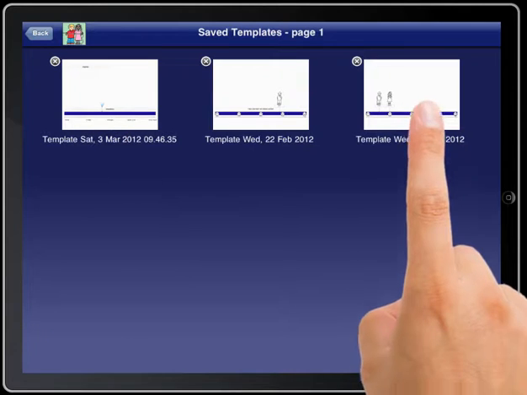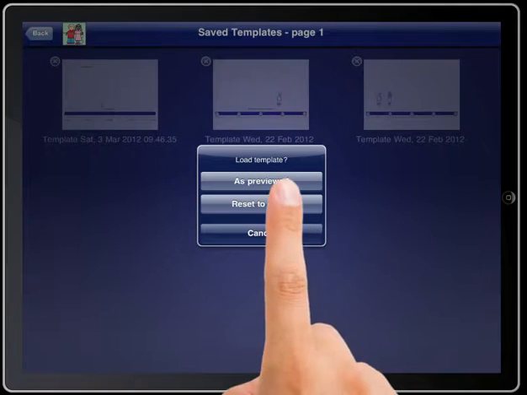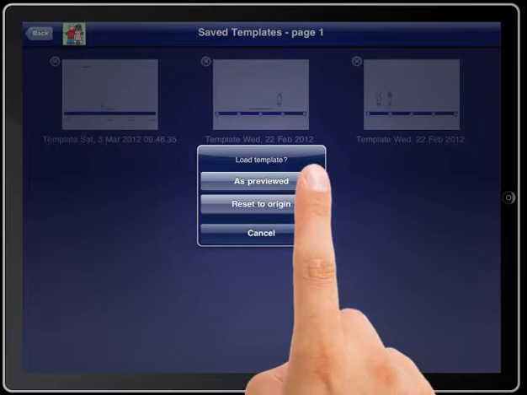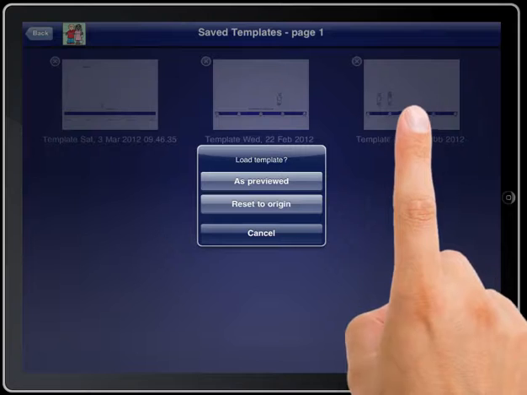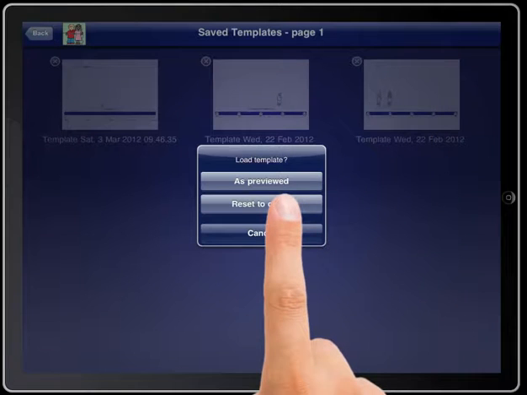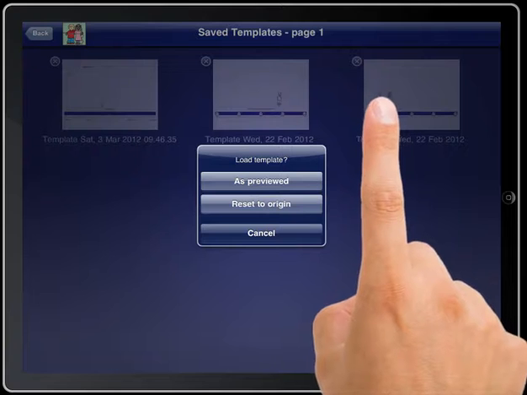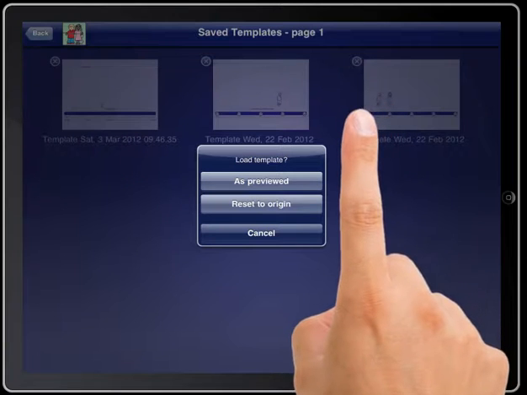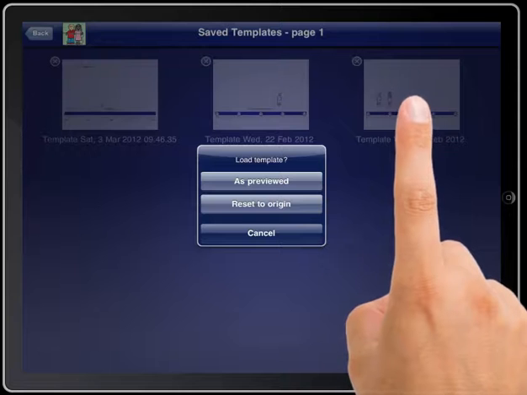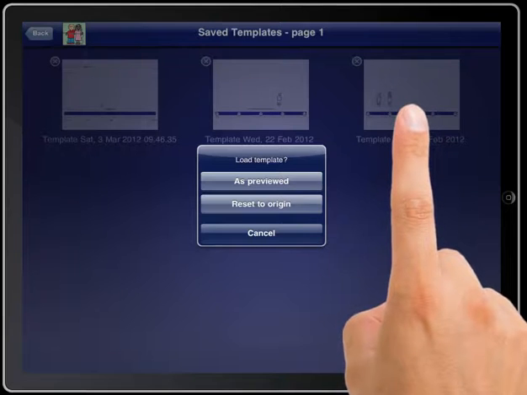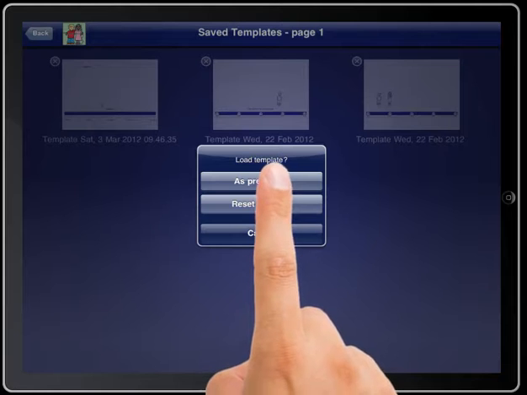I'm going to choose this one here, and you will see that there is two options: either as previewed, in other words those figures will be where they appear on that little thumbnail, or reset to origin, and that would mean that on a unipolar scale both those elements would appear at this end of the scale. If this was a bipolar scale, all the elements would be piled up in the middle, the kind of neutral point, and from there can be moved outwards. We'll take it as previewed,